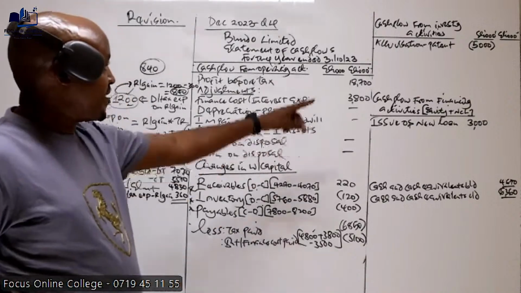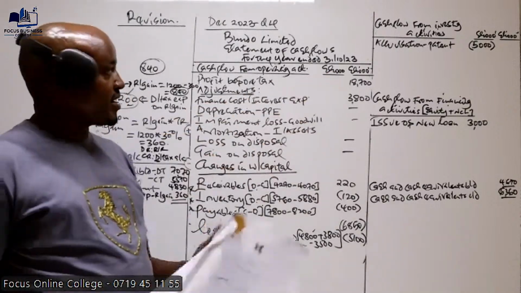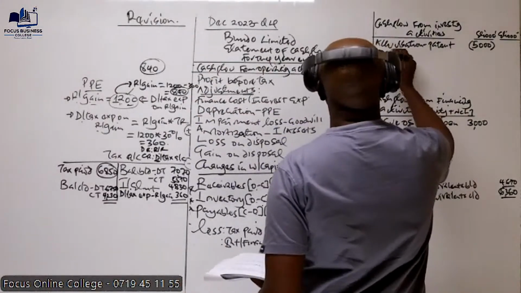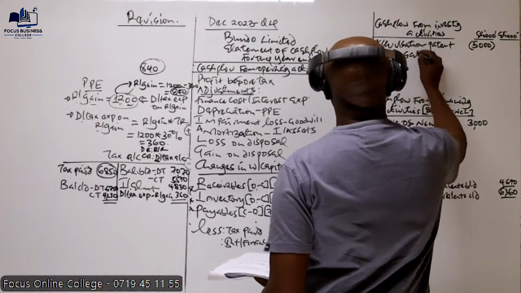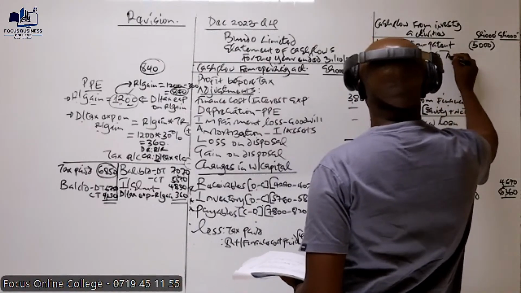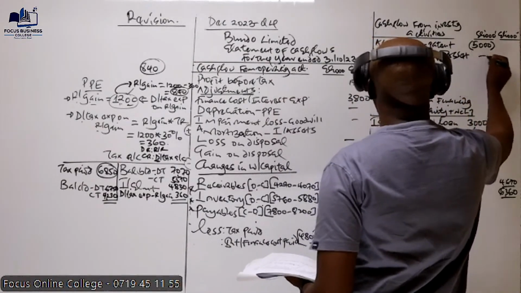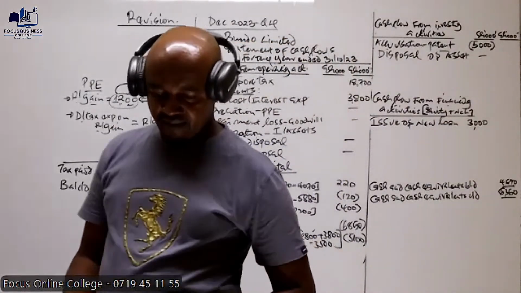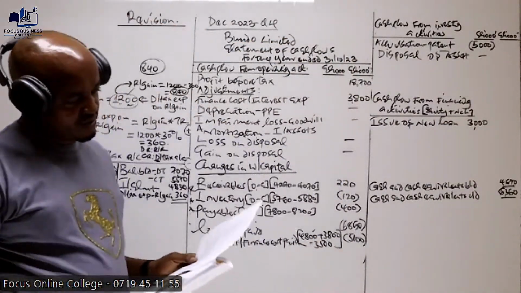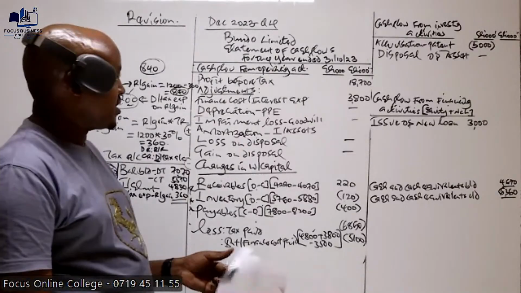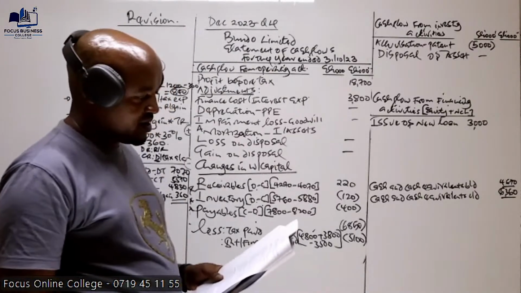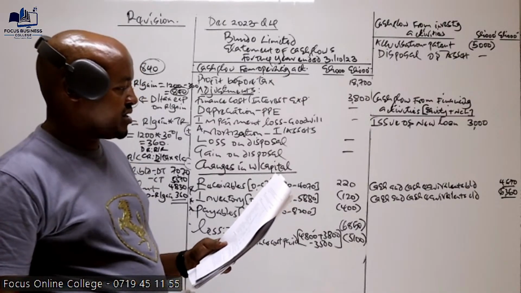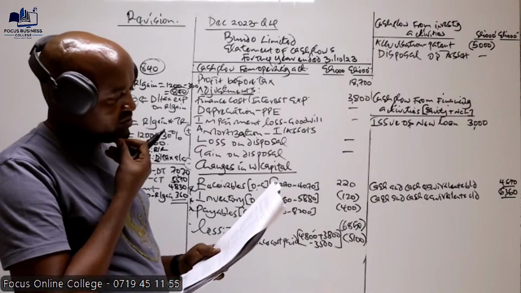So let's move and see whether there is anything else we can record there. In this question, number one, we don't have any disposal of asset, no asset which was disposed. But there is something we need to compute here, because I think we have come across the same in the other question. Note number 2, you're told during the year which ended 31st of October 2023, Budo Limited